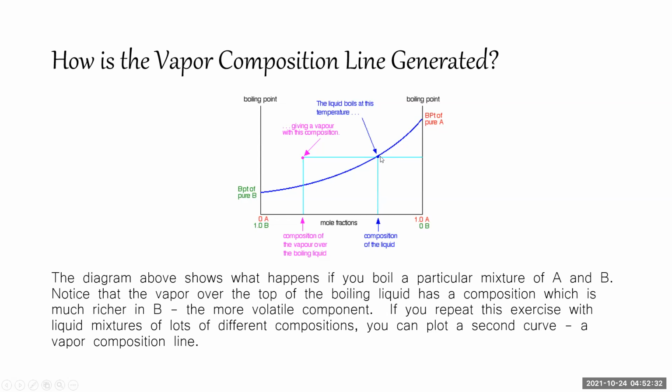And then if we look at the vapor above the liquid at this temperature, it will be more enriched in A. And so that vapor above the liquid will actually have a composition that has more B now, because it's the more volatile component, and less A. So how would we know exactly how to make that pink line? Like, how do you know exactly how to draw it or where it corresponds to?